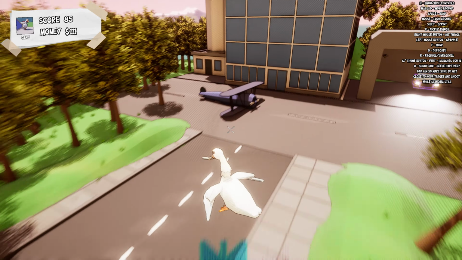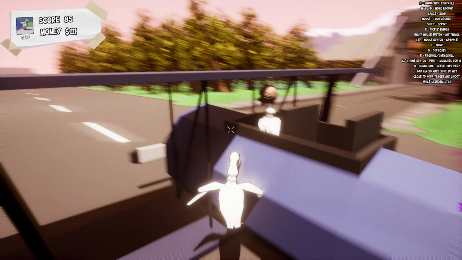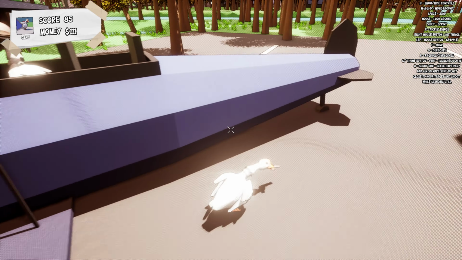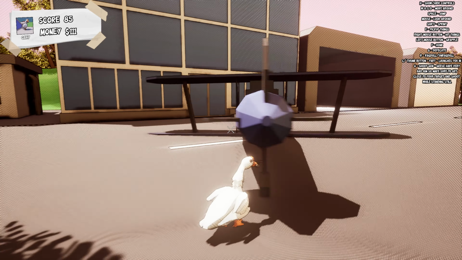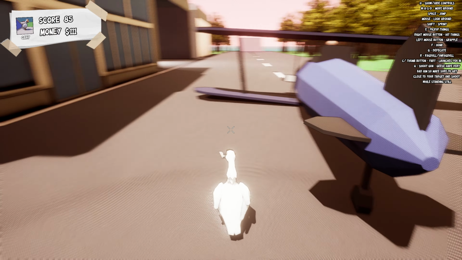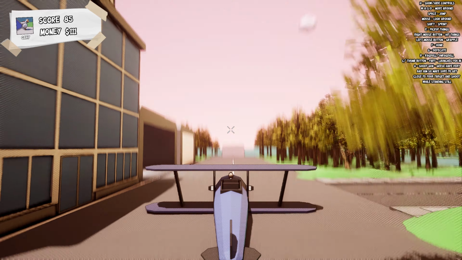Can I fly a plane? Oh, the airport is just like this. With a ramp at the end, okay. Oh, there's another goose in there. Oh, I forgot I can do that, can't I? Yeah. Am I pushing? What's happening? I think that's me pushing it. Yeah, okay. E is pick up. Yeah. Oh, E is also to get in. Oh, okay, this is